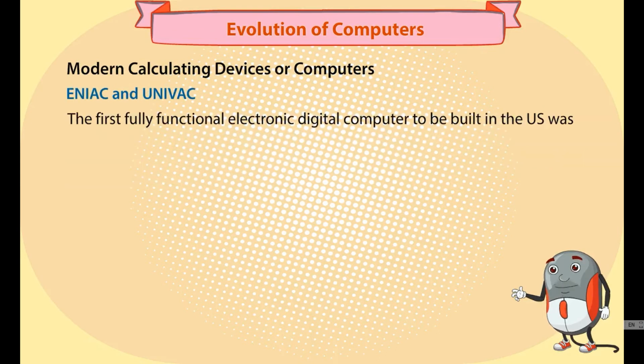ENIAC and UNIVAC. The first fully functional electronic digital computer to be built in the US